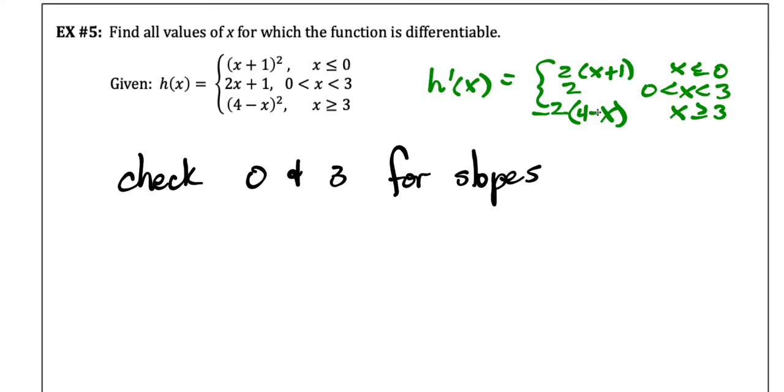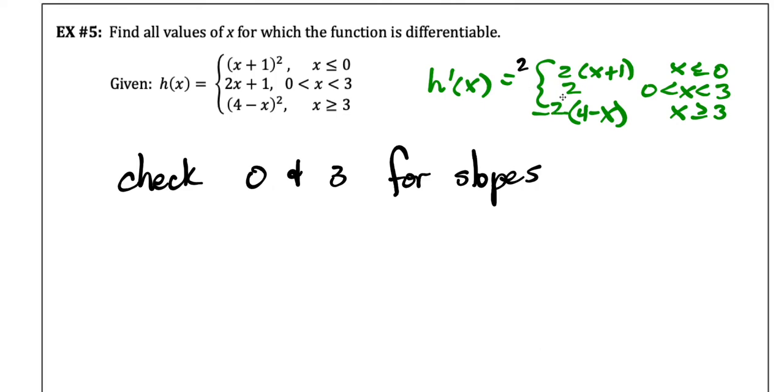Oh, okay. 2 and -2. I literally have no idea what you're telling me. I asked for an answer, and that's what he said. You can't just give me random numbers. Just because it's math doesn't mean numbers are an answer. You're supposed to plug 0 and 3 into the x plus 1 and the 4 minus x whole squared. So if I plug 0 in there, we get